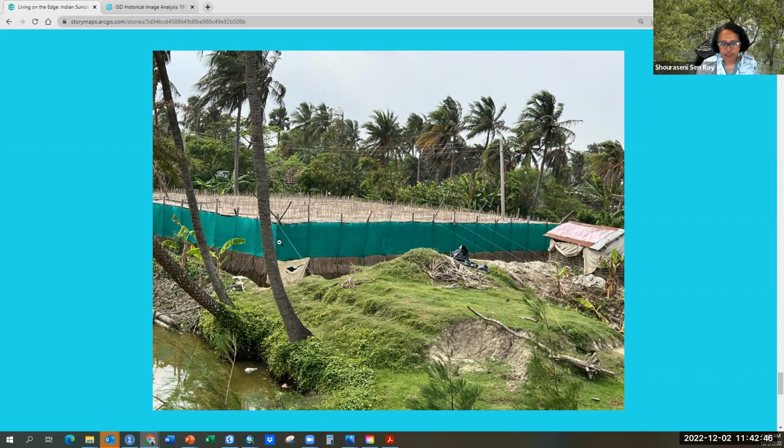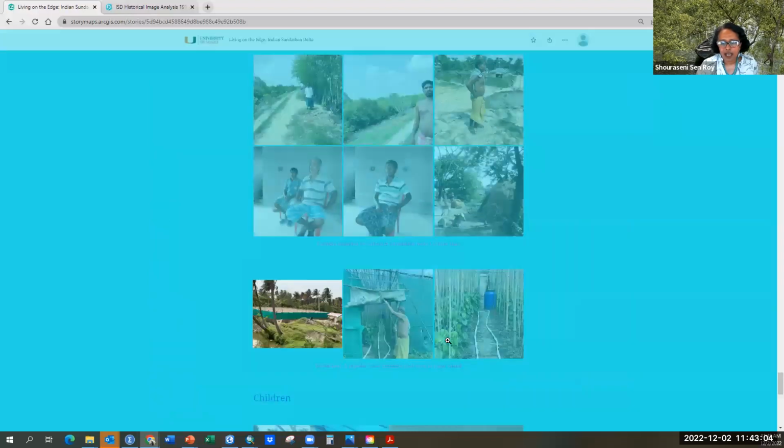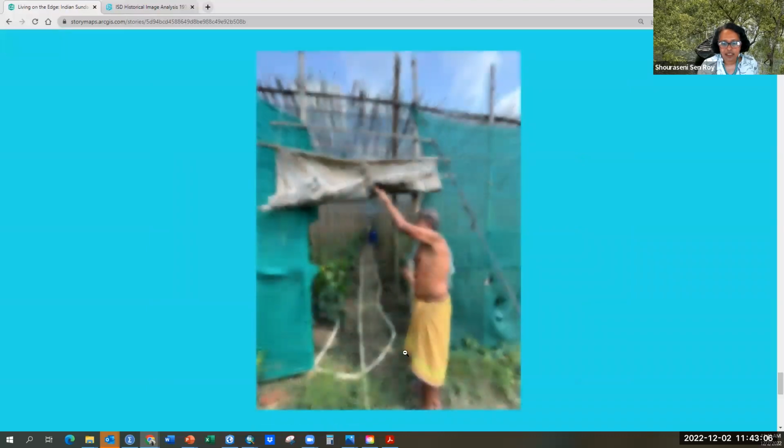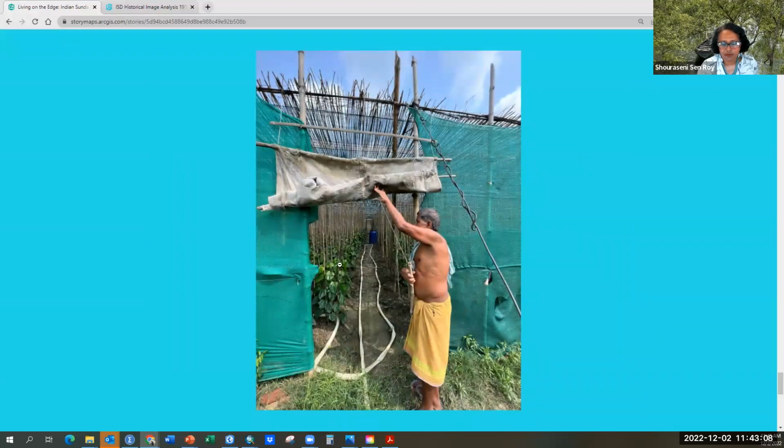They have to build a straw structure with green cloth around it, and this is actually a roof on top of that. Betel leaf is a creeper which grows, and each of these sticks sticking out has a betel leaf creeper on it, so there are multiple betel leaves there. And it's a very labor-intensive process. So inside it looks like this. You can see the betel leaves here and the sticks sticking out.